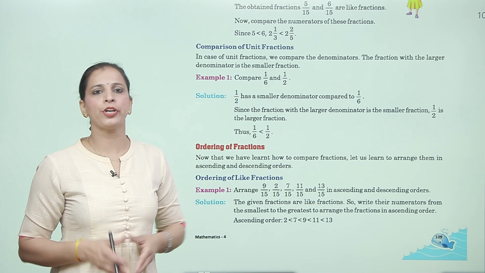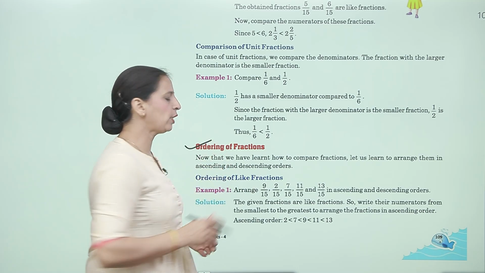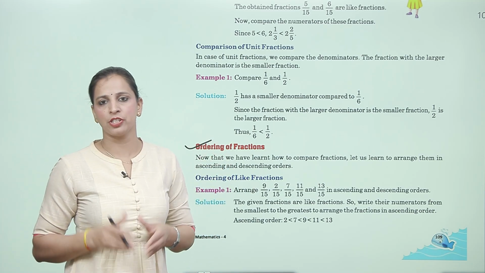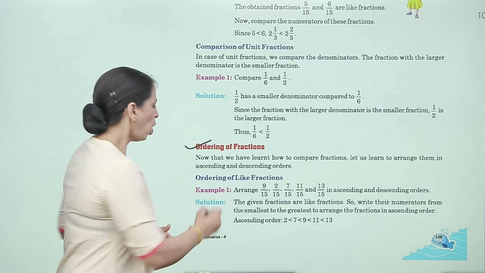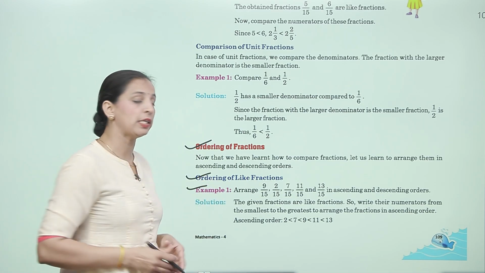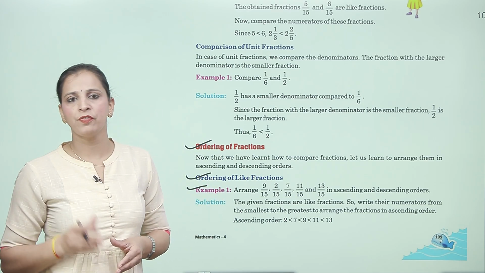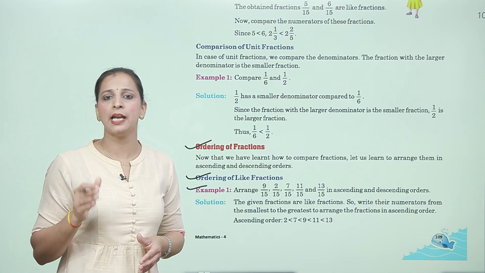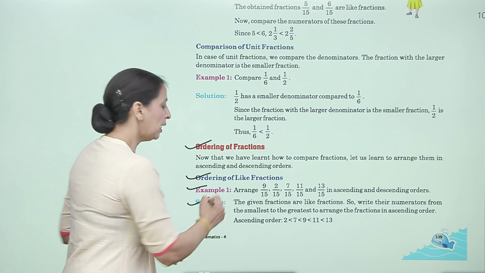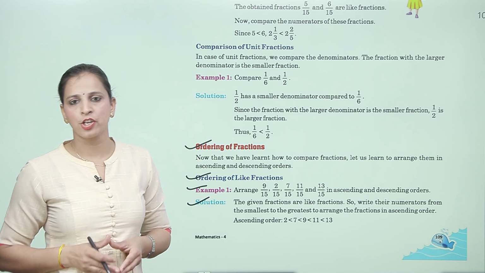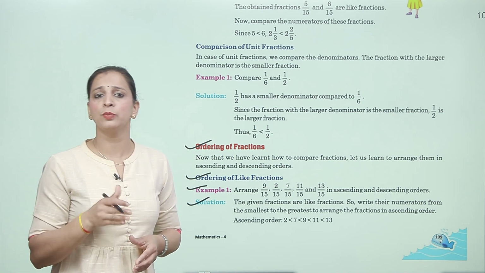Now next is ordering of fractions. Now that we have learned how to compare fractions, let us learn to arrange them in ascending and descending orders. Now ordering of like fractions. Example 1, arrange 9 by 15, 2 by 15, 7 by 15, 11 by 15 and 13 by 15 in ascending and descending orders. Now solution, the given fractions are like fractions, so write their numerators from the smallest to